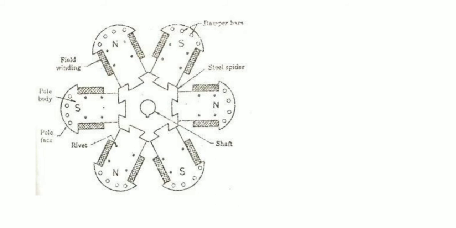Basically, salient type pole rotor construction is suitable for medium and low speed and are used at hydroelectric and diesel power plant as a synchronous generator. Since the speed of these machine is quite low, to obtain the required frequency, the machine has a large number of poles, and these machine have larger diameter and small in length. For a speed of 2000 rpm, the diameter of the machine is large, 40 meter, and length is only 1 meter.